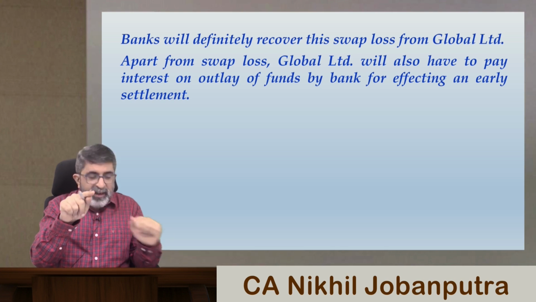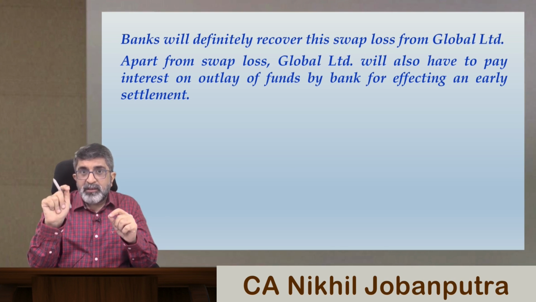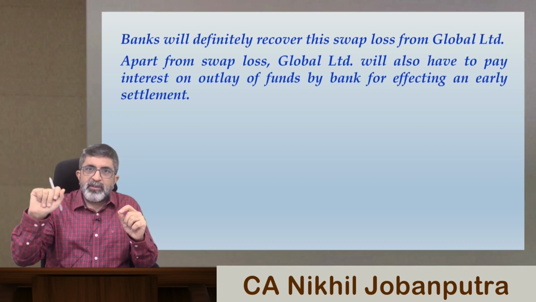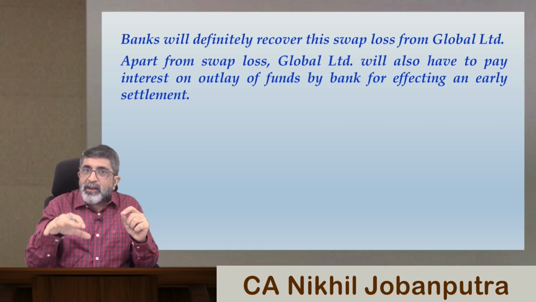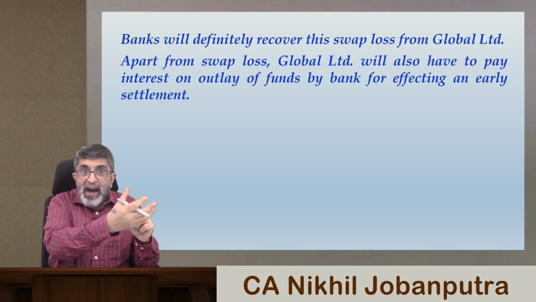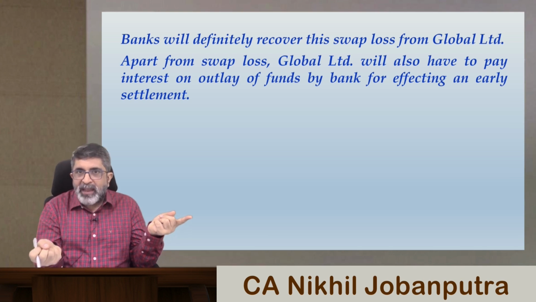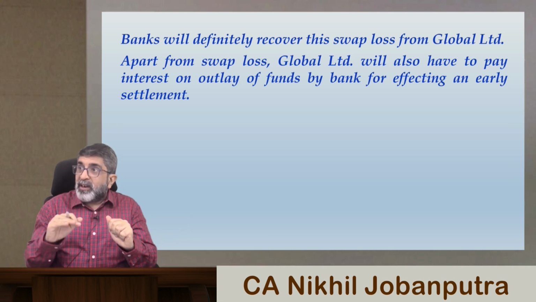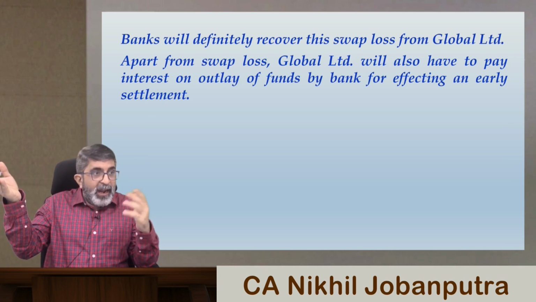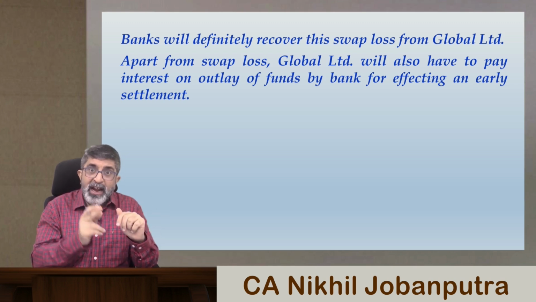What was the spot bid rate prevailing on 28th February? 71.20, correct? Correct, 71.20. Spot bid rate, which is the interbank rate, of course. Do you know what BBC Bank will have to do? BBC Bank will have to sell $2 lakh at 71.20. But it has promised to buy the same thing from Global Limited, because Global Limited was supposed to sell, and the bank was supposed to buy, at 71.5. So it is selling in the market at 71.2 and buying from the customer, that is Global Limited, at 71.5.